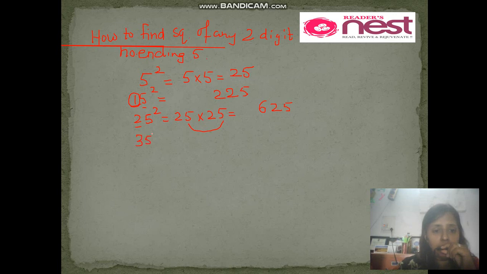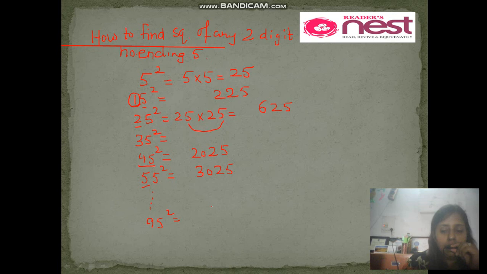Similarly, you can find the square of any number ending with 5, or you can say the ones place digit of the number is 5. How? Let us take 45 square. 35 square I am leaving for you. 45 square: 5 square means 25. What is the successor of 4? It is 5. So 4 5s are 20. 55 square: 5 square 25. What is the successor of 5? That is 6. So 5 6s are 30. You can proceed with the same method up to 95.